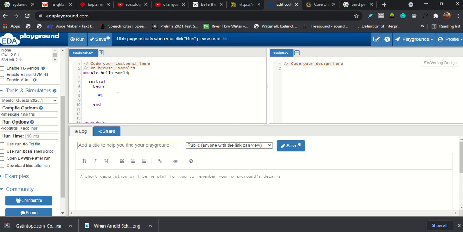We'll give some time, #10 nanoseconds, because our time scale is 1 nanosecond. So we are giving it 10 nanoseconds here. Now I will write the code $display hello Verilog. And again we will give a time delay of 10 nanoseconds.